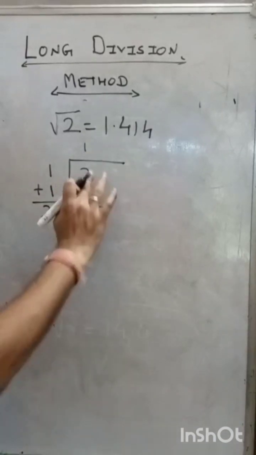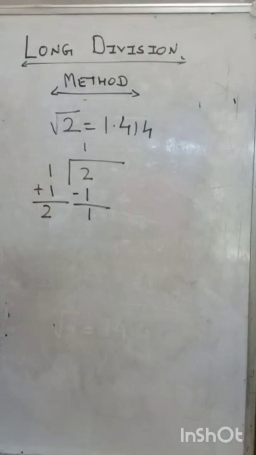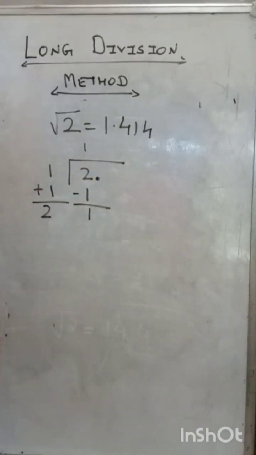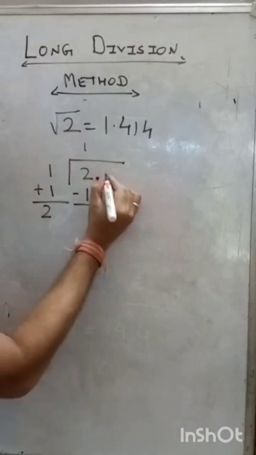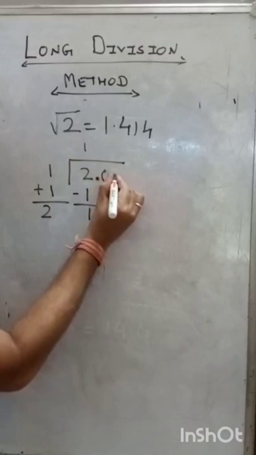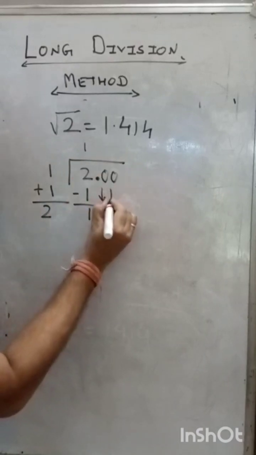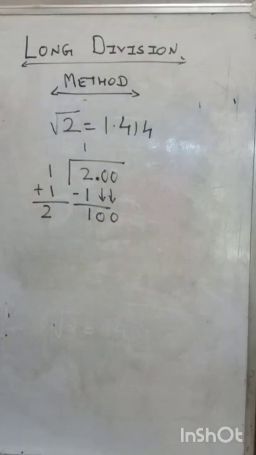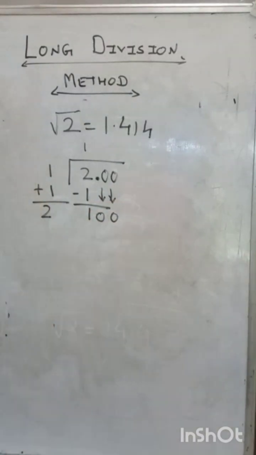Now the value is finished, but I have to find the value of under root 2. So I have to put 1 decimal, similarly to what we do in the division method. But in that case, you have to put this 2 to this point and you get two zeros. These 2 zeros simply come here and you have to find out the number that should be multiplied